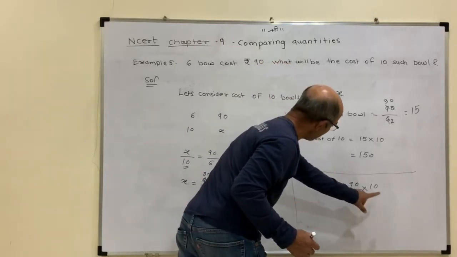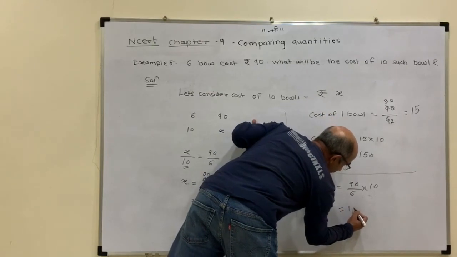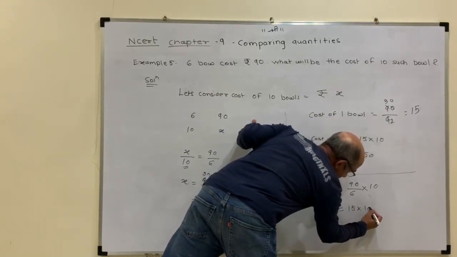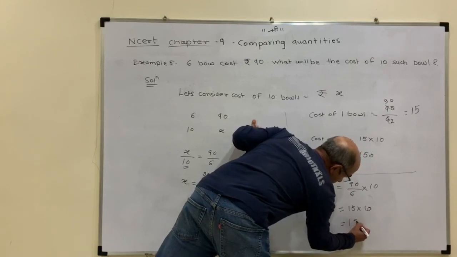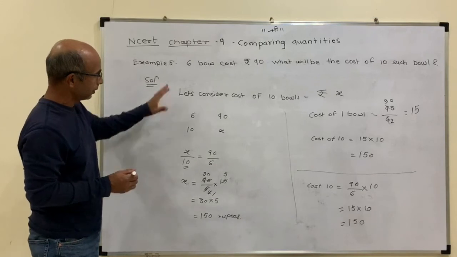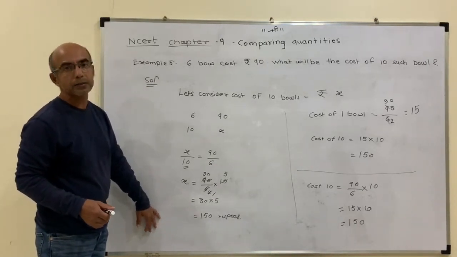And then you multiply the same, in one step you can do that. And that comes out to be 15 6 are 90 into 10, that equals 150. But I would suggest we stick to this method because we will be using it in the rest of the syllabus.